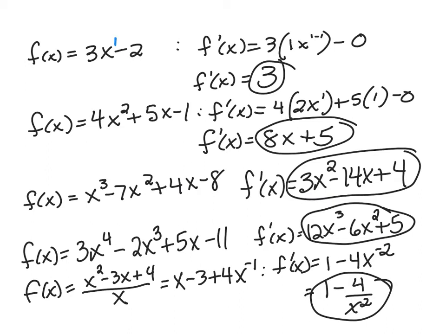Now, because this is so easy, the book has to make it hard, right? So here's an example of how they try to make this difficult. You don't know how to take the derivative yet of a quotient. We're going to learn it soon. But because there's a single x in the denominator, we can take that. I'm going to write this down real quick. We can take that denominator